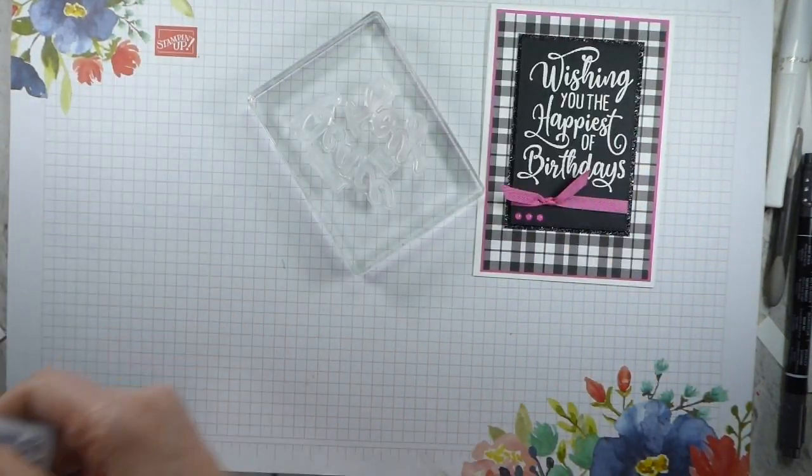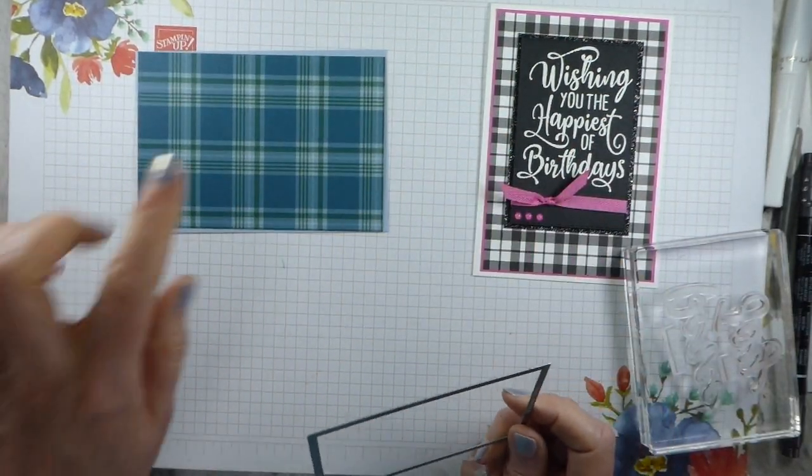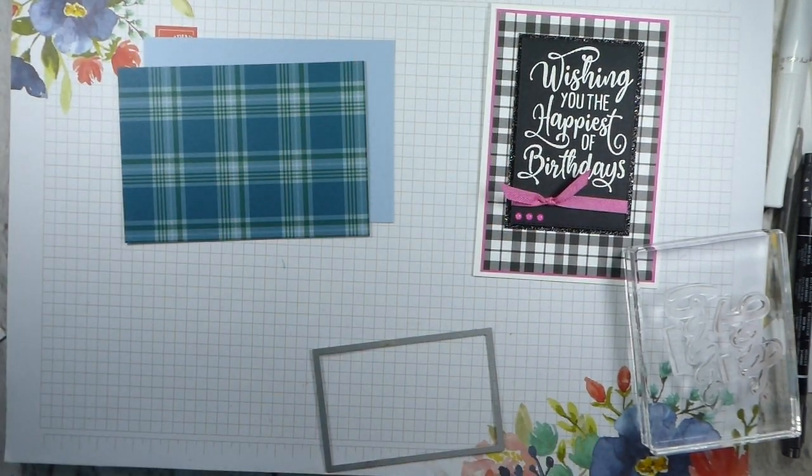Love a shadow die. Okay, so I have chosen, it doesn't shout Christmas, but it sort of will. So I've chosen this design, which has got another plaid on the reverse. The designs are all,